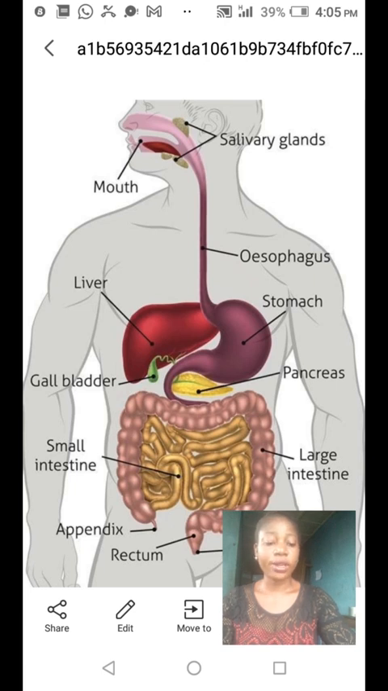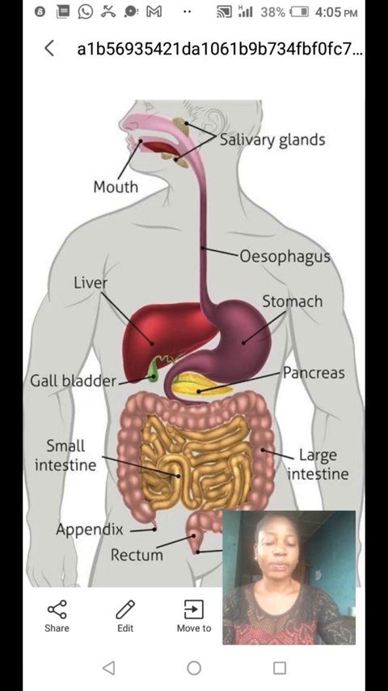Now, organ number 6, the stomach. The stomach has about 4 functions. Number one function of the stomach is that it stores the food temporarily for about 2 to 4 hours. Yes. Now, function number 2 is that the stomach releases the food gradually to the small intestine by the opening of the